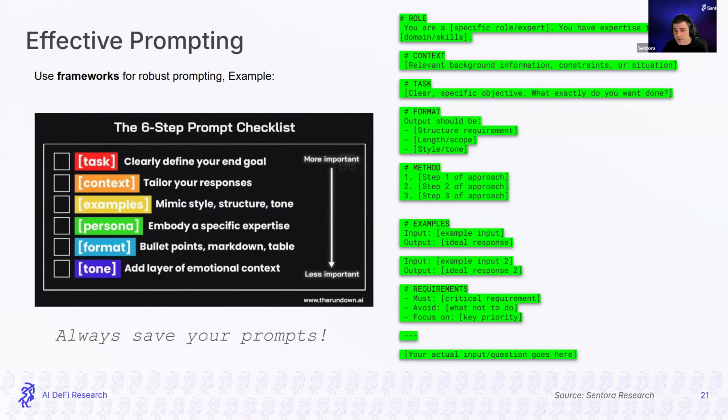Also, sometimes for more coding things, it's usually a good idea to have a list of steps to follow. And if possible, adding examples will help a lot to guide the output of the LLM. It's also a good idea to just have some do's and don'ts, right?